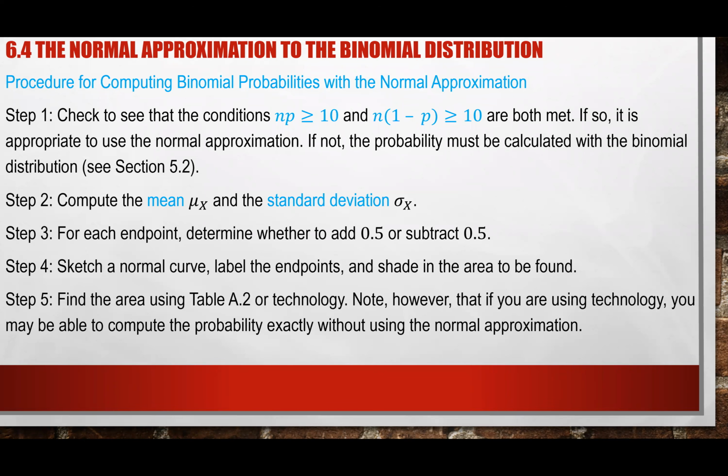Okay. Once you check your criteria, you check your condition, you need to find your mean, which is n times p. And you need to find your standard deviation, because without the mean and without the standard deviation, we cannot use the normal distribution, okay? And the standard deviation is the square root of n times p times 1 minus p. Once you have that, you need to determine your endpoint, whether by adding 0.5 or subtracting 0.5, and